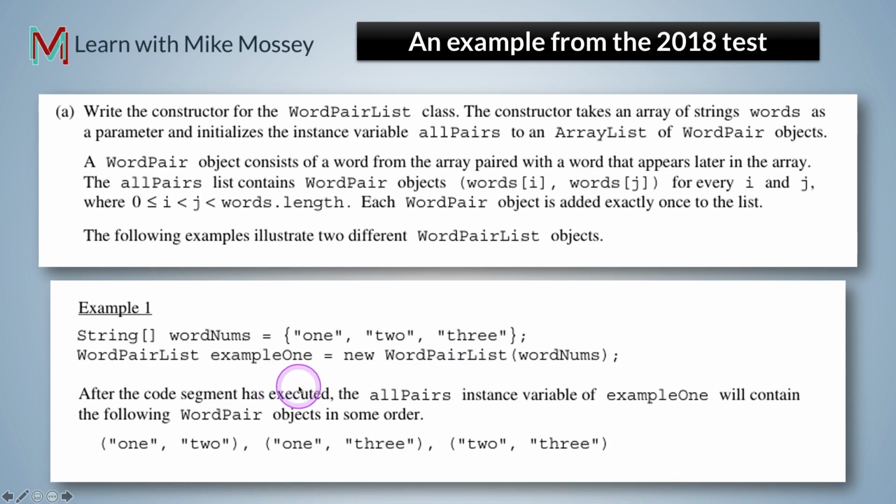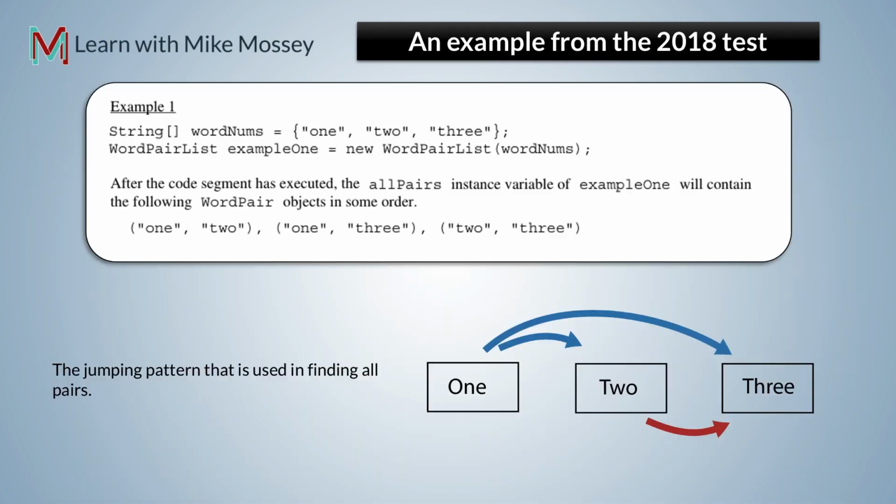After the code segment has executed, the allPairs instance variable of example1 will contain the following WordPair objects in some order: 1, 2; 1, 3; and 2, 3. Now it looks like these are just all possible pairs of 1, 2, and 3. To give you a better idea what an algorithm might be for constructing all possible pairs,